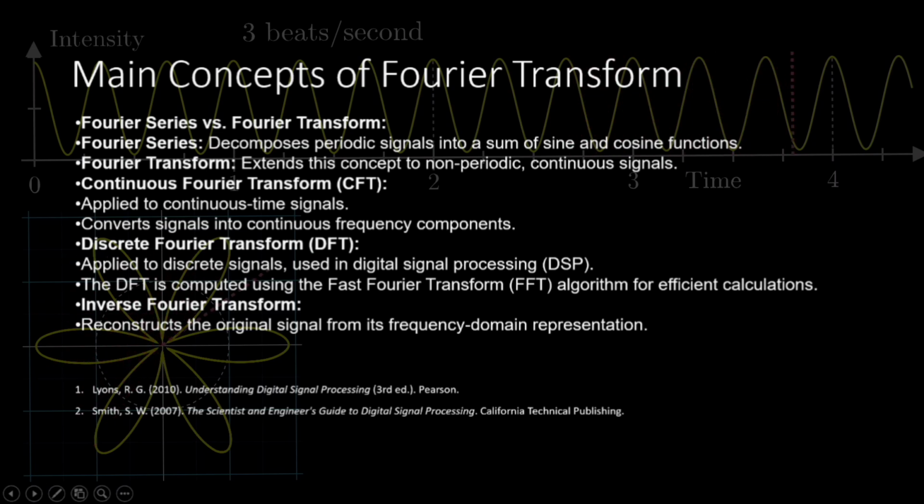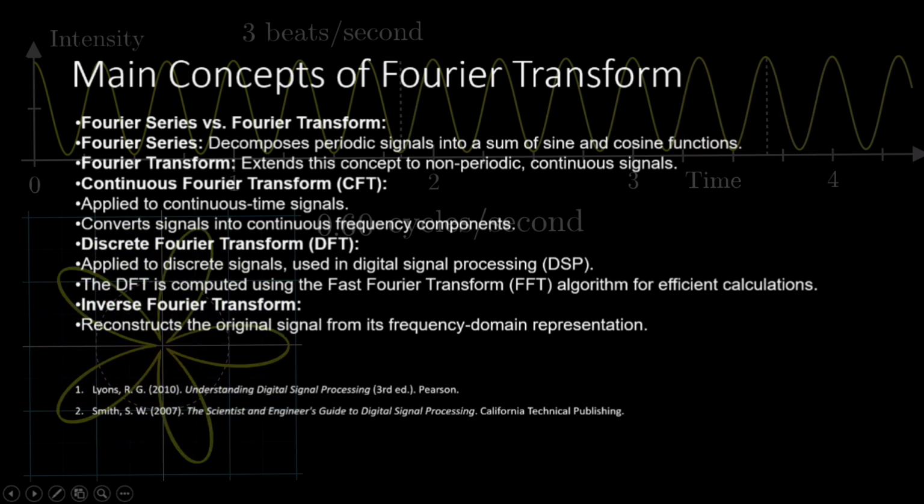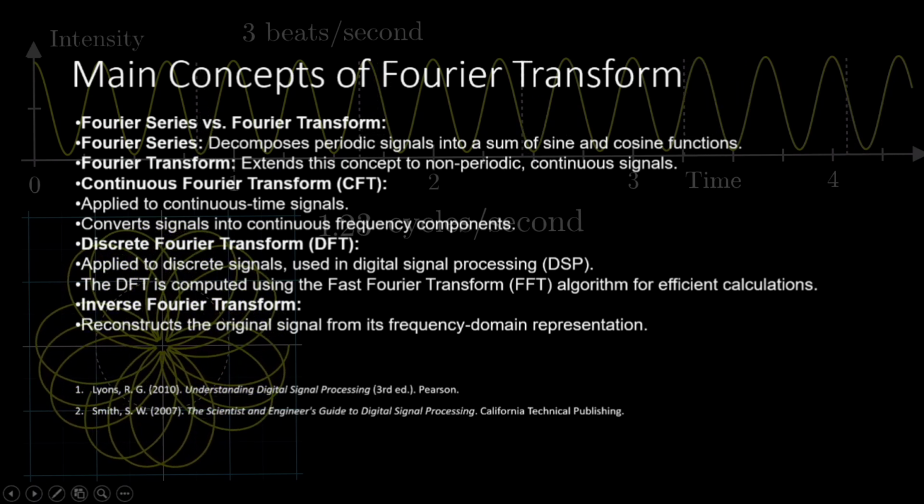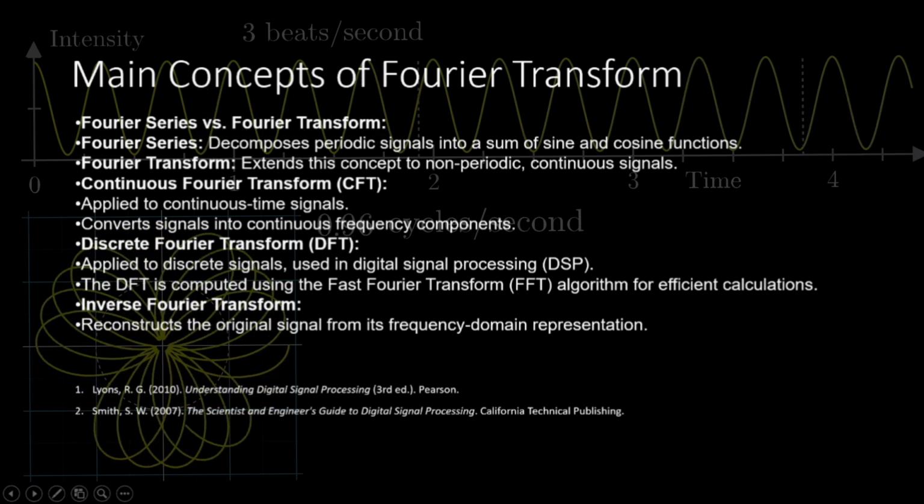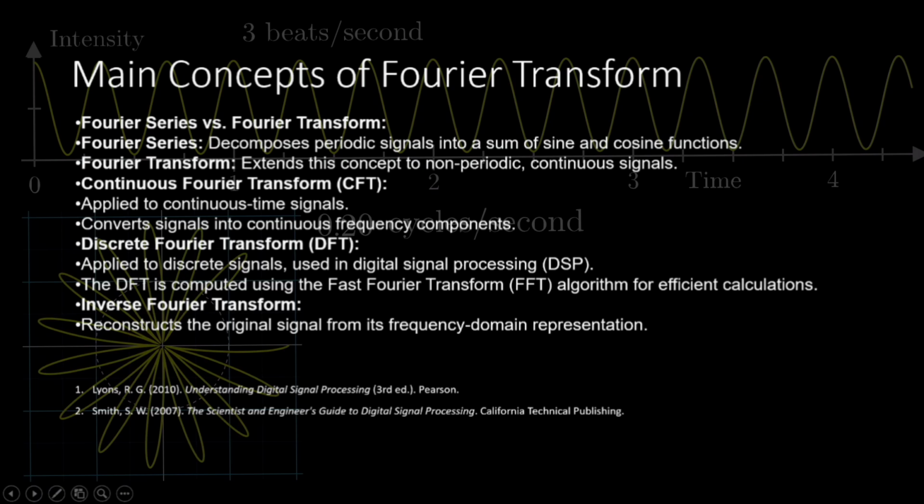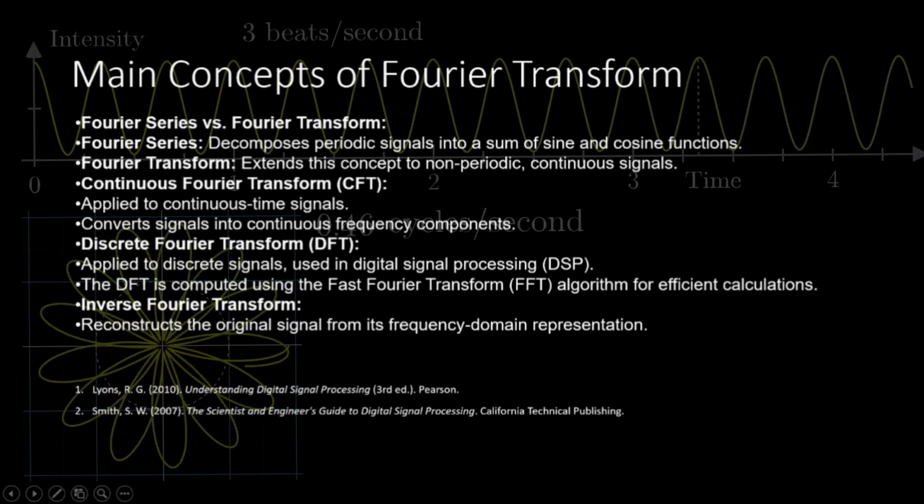Now that we have a basic understanding of the Fourier transform, let's dive into some of its key concepts. First, we have the Fourier series, which is used to represent periodic signals. However, for non-periodic signals, we use the Fourier transform, which extends the idea of Fourier series to handle a continuous range of frequencies. There are two main types of Fourier transforms that are commonly used. The continuous Fourier transform,